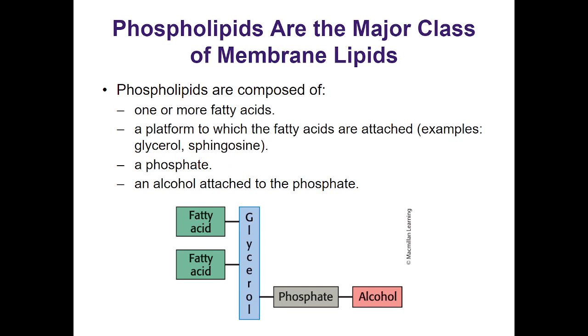These are phospholipids. These are the major class of membrane lipids. So phospholipids are composed of these units. One or more fatty acids. These are the fatty acids here. In this case, we have 2. Then a platform to which the fatty acids are attached, more often than not, glycerol, but you can also have like the sphingosine